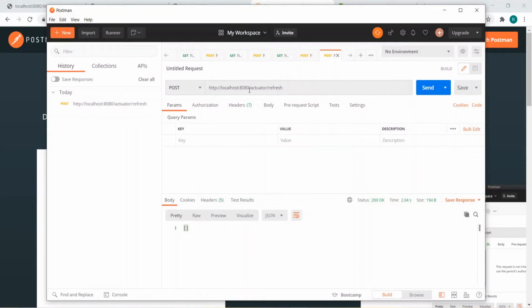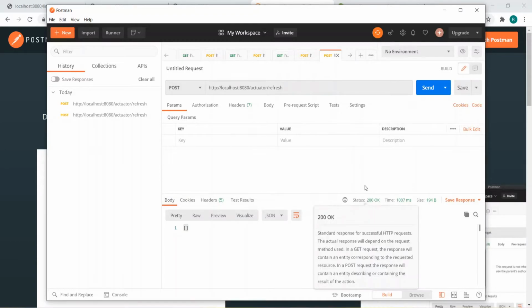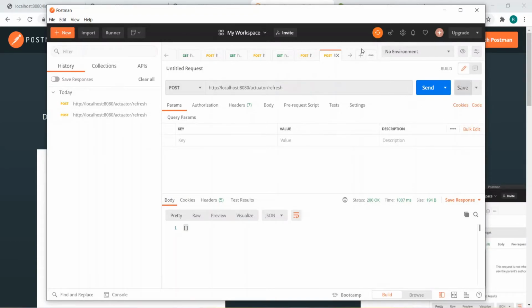Okay, and you just need to call the actuator refresh endpoint of limit service on 8080 using the POST method. If you do this, send. If you see here, status is okay, refreshment is done. Now let's execute the limit service from here only. You can execute from here also. So let's refresh this. See, now it came. But on 8081, if you do not refresh, still it's coming, right? 8081 and 19, so far so good.